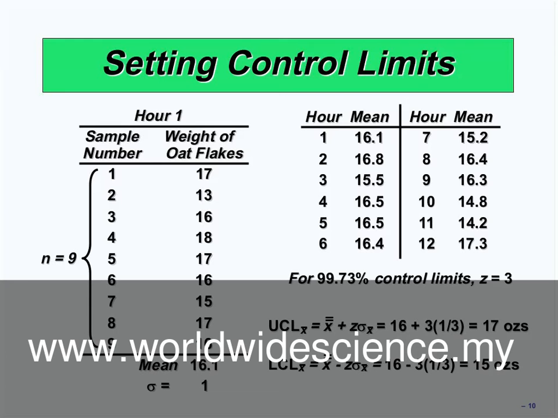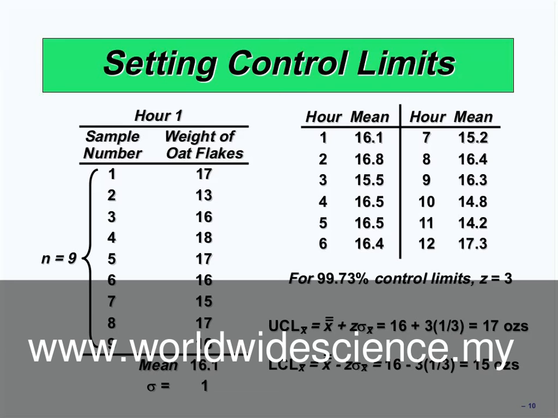One hour later, for example at 11 o'clock, the operation manager does exactly the same: randomly selects 9 cups, measures the weight, and again calculates the mean of these 9. For example, the mean has become 16.8. One hour later, at 12 o'clock, the operation manager does the same and the mean has become 15.5.